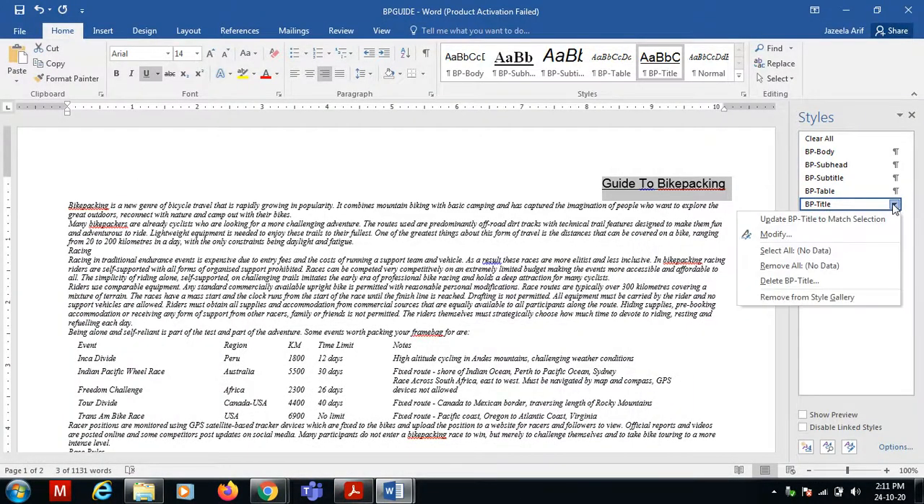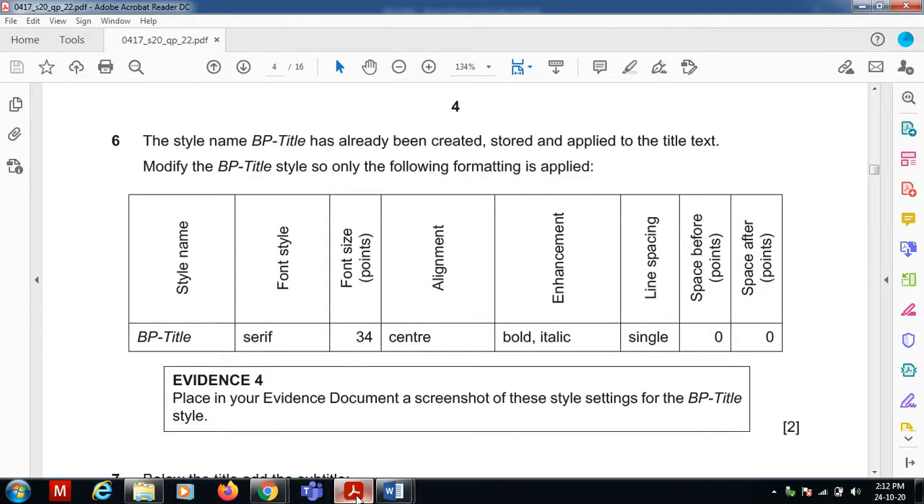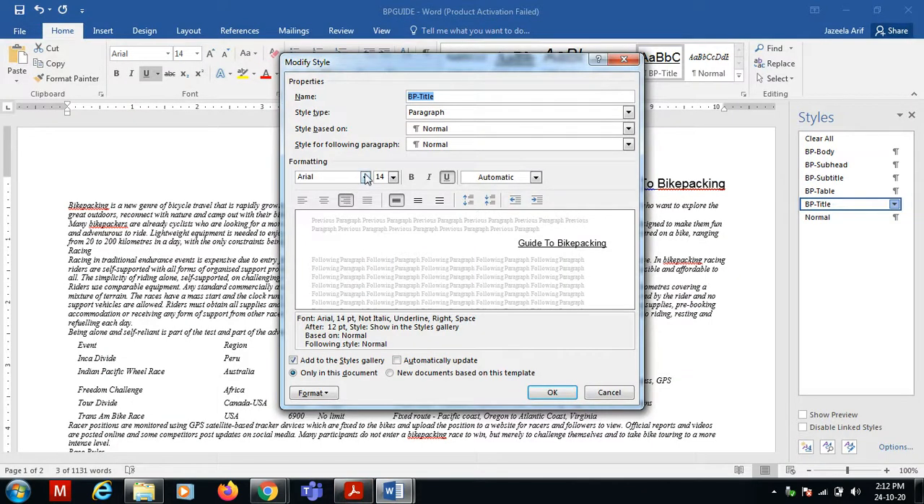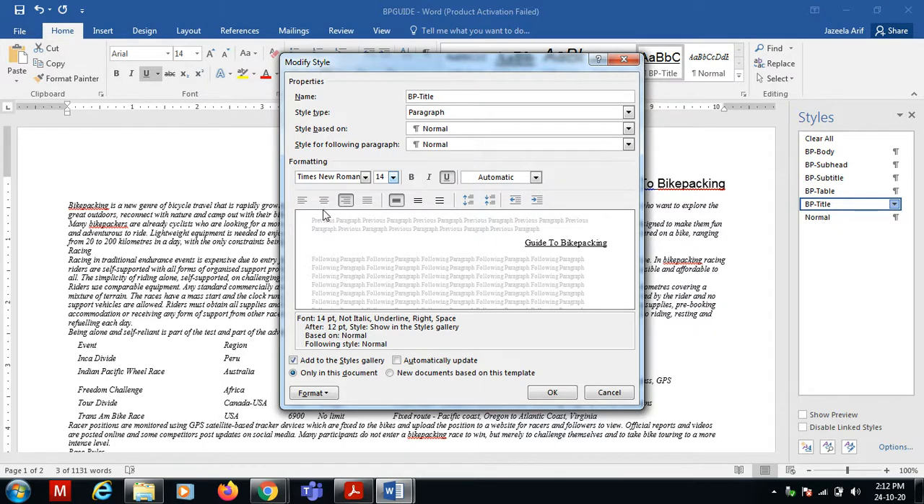Now they are asking us to modify BP title according to the question. So go to the drop down menu, modify, and serif 34 center. So serif means I have to go for Times New Roman. There are many monotype, cursive, serif which have a stroke, and then font size is 34, and center bold italic. So center aligned, bold, italic,